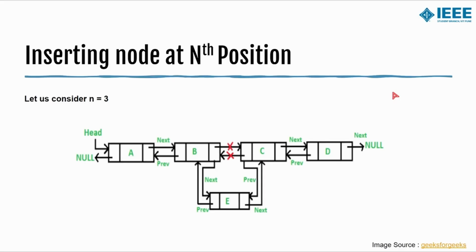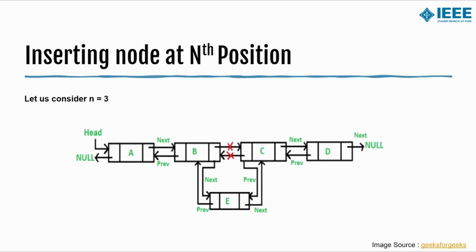So now let's look at how we can exactly insert a particular node at the nth position of a linked list. In this example, we have considered n equal to 3, that is the third position, that is, after the node B comes the third position. So at that position, how are we supposed to enter a particular node? Just as we traversed when inserting a node at the tail of a linked list, we are supposed to traverse in the same way. But over here, we can make use of a for loop in which we can give the conditions based on the position that we are giving as the argument.